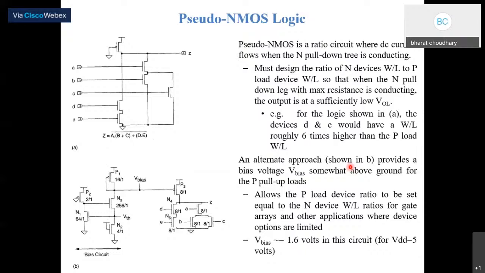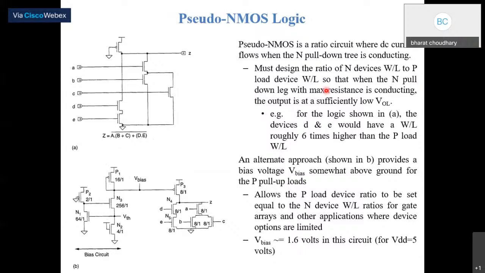Now this is pseudo NMOS logic. Pseudo NMOS is a ratioed circuit, which means that the sizing parameters of PMOS and NMOS depend on each other. There is a specific ratio of W by L that will decide the logic, where DC current flows when the N pull down tree is conductive. So the ratio of W by L of the N devices to the P load device must be designed so that